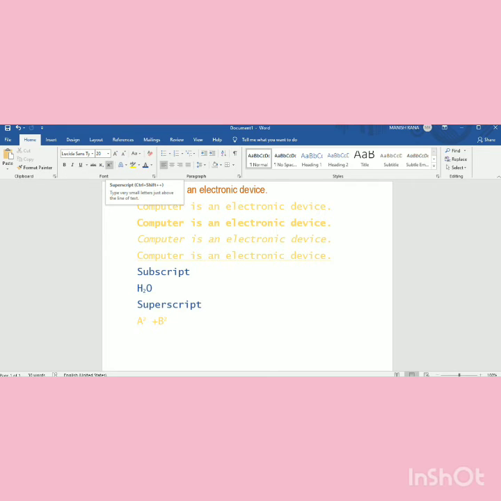Now we will know about the alignment. Alignment refers to the positioning of text in a document. That means by default when we write, it is the left alignment. But suppose you want to display the text in center. There are 4 types of alignment given in the paragraph group. Using that, you can change the place of the text.